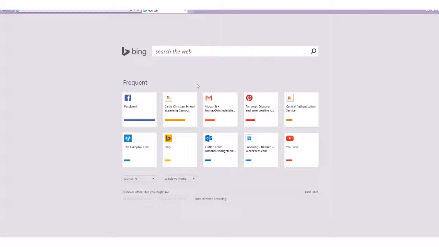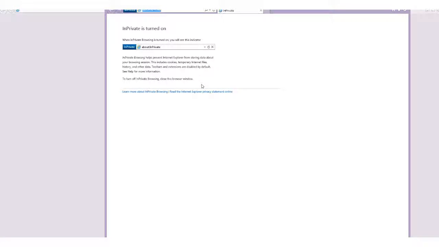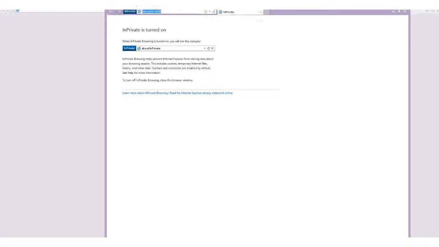Now, depending on which browser you have, the next steps might look a little different. There are written instructions for each one available in this email as well. So go ahead and follow those. However, if you're using Windows and you're using Internet Explorer, one of the things you can use is a shortcut key. So if you hit the Control, Shift, and P button at the same time, it'll open up one of these private windows